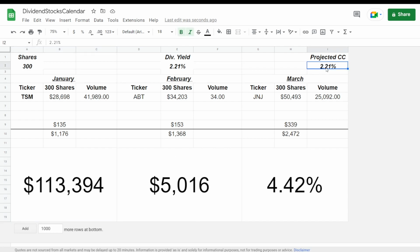If you went a little crazy, I think Divo, I was just looking at that this morning. Divo, the ETF, is kind of like this strategy. They're investing in dividend growth stocks, and then they're also selling covered calls against it. But this is kind of what they're aiming for. In their fund report, they say we look for stocks that pay a dividend between 2 to 3%, and then we look to collect covered call premium between 2 to 4%. So if they did get 4%,